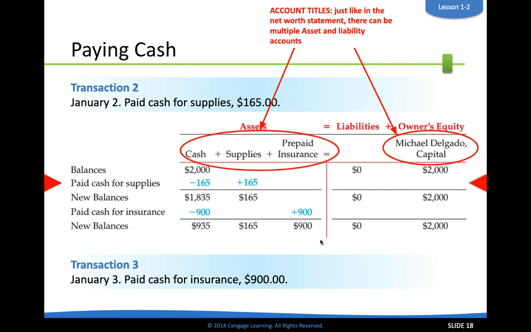So the thing that you're going to be doing throughout lesson 1-2 in the practice problems is determining not even what the amounts are, but just what the effect of different types of things. So you'll see a question that'll just say paid cash for supplies, and there won't be any number. But if you know that paid cash for supplies means that cash goes down, so that would have a negative impact on cash, and it would have a positive impact on supplies. You're just going to be doing pluses and minuses throughout this one lesson itself, and we'll get to amounts in the next unit as well.